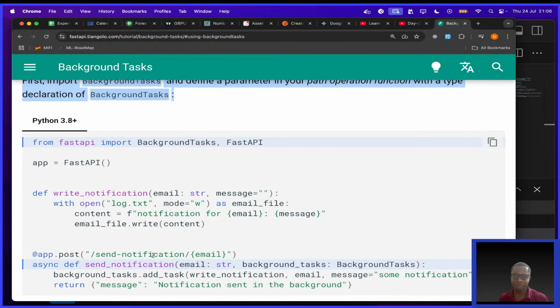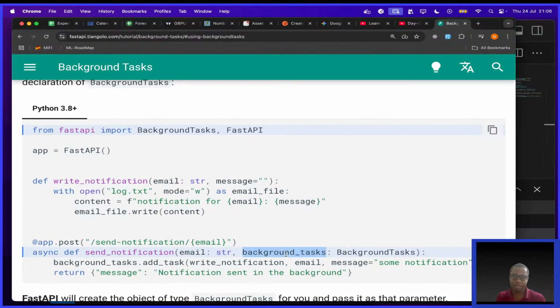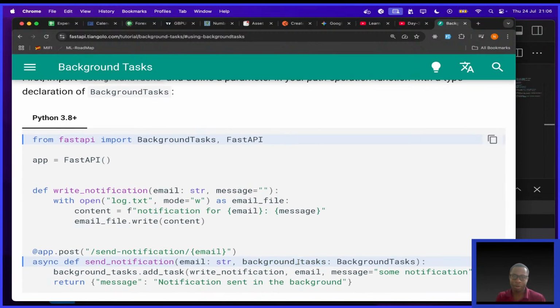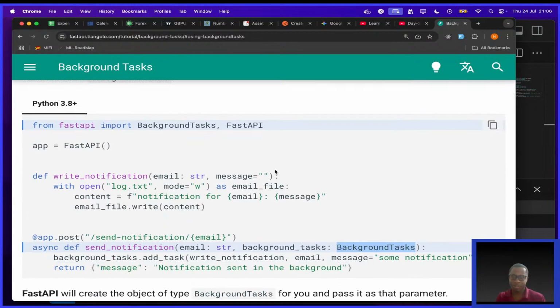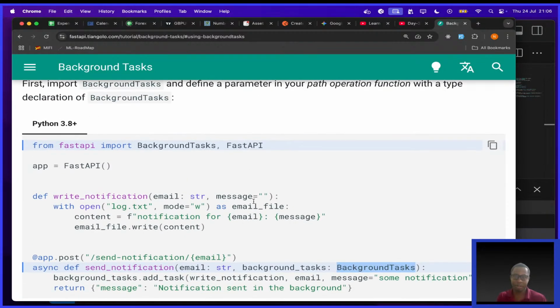Okay, so if you go to this path operation called send notification, having a path parameter of email, which is a required string, we have a parameter called background tasks, and its type is BackgroundTasks. Maybe I can go through this code all together. We have from FastAPI import BackgroundTasks and FastAPI. We have an instance of FastAPI,